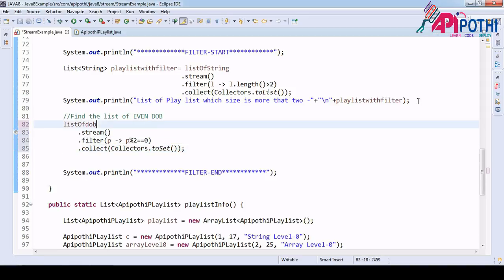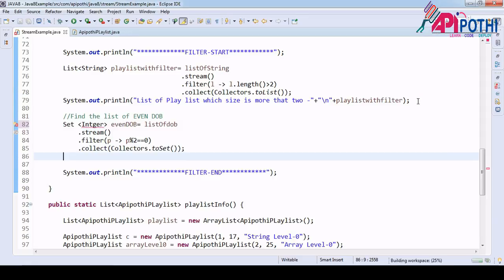Since we are collecting the value inside the set, here is the set type. Generic is again what? String or integer. Date of birth is the integer type. So even date of birth equal to.